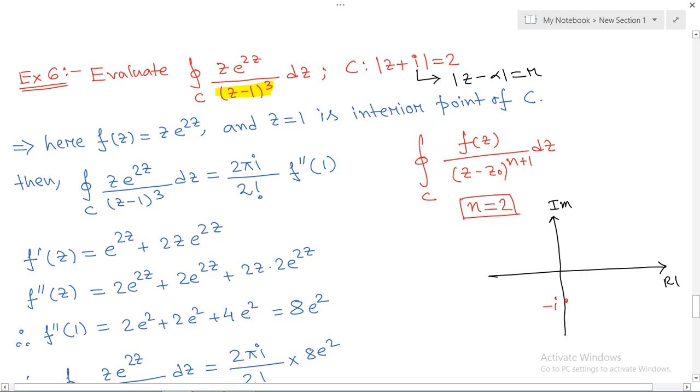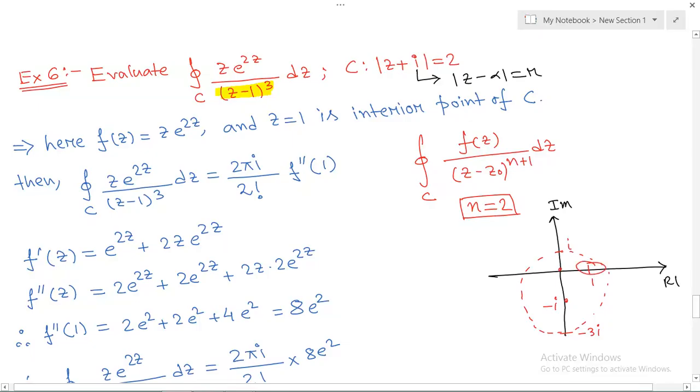So for radius 2, from minus i it will go up to minus 3i, and it will go up to plus i. So this is going to be your whole circle over which we have to perform the integration. So definitely z equal to 1, for which the problem will occur, comes inside the circle, right? z equal to 1 comes inside the circle. So since it is an interior point,